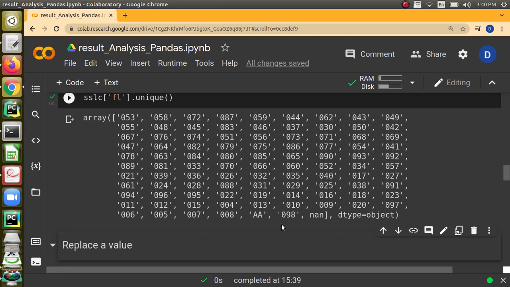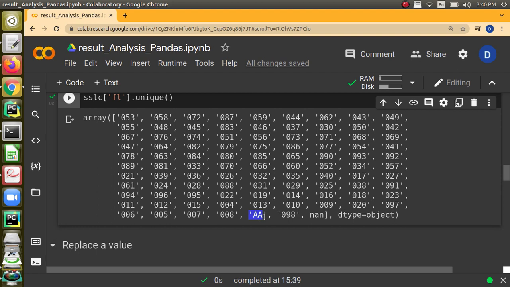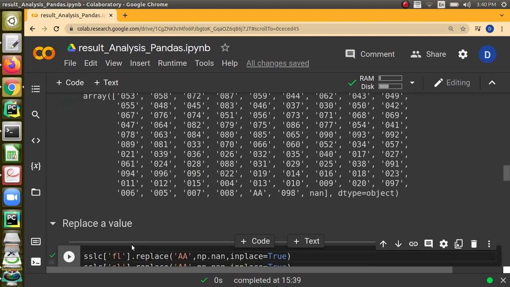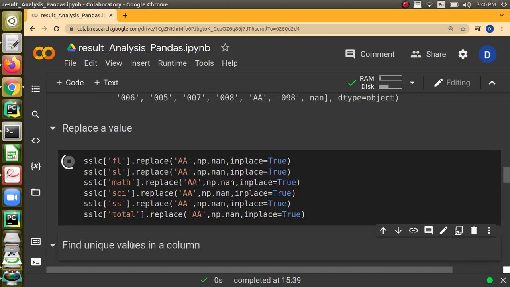When I do that, I see the unique values, and you see here there is AA. AA indicates absent. So there are students who were absent in a few examinations. Since AA is there, it is not treating that particular column as numerical. What can we do? We can replace this AA by not a number, a null value.